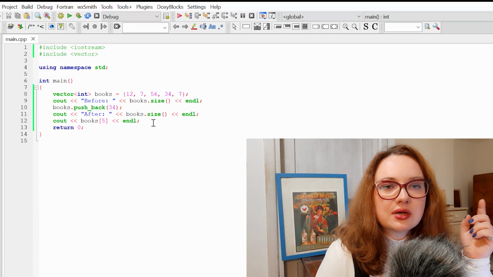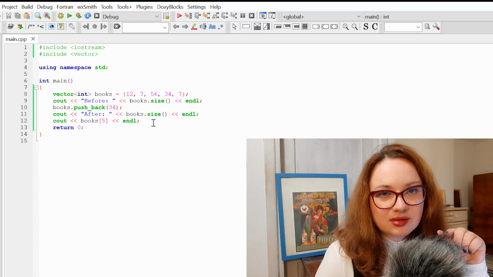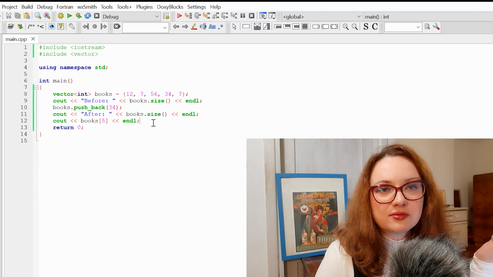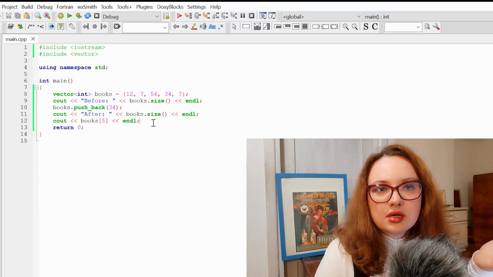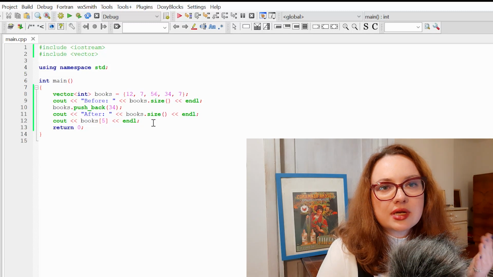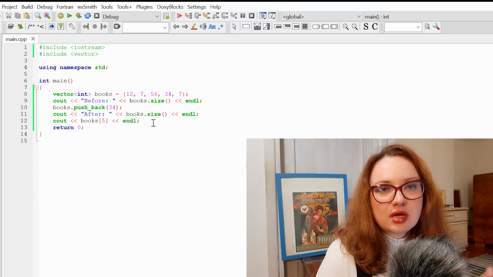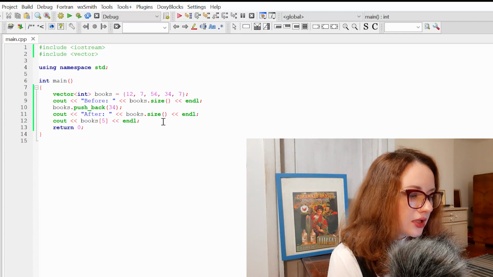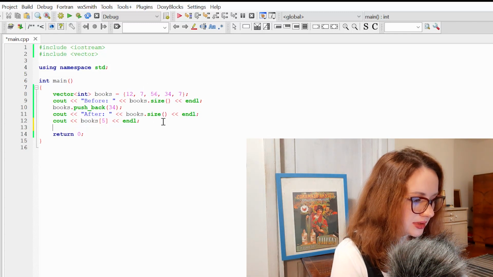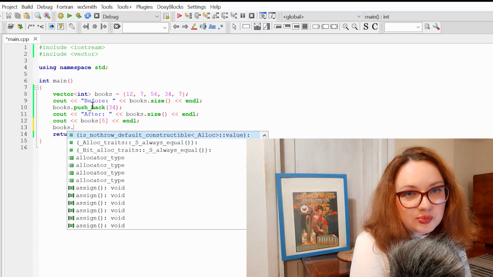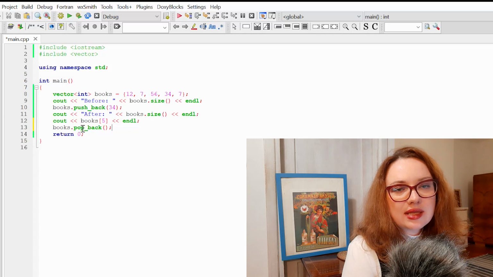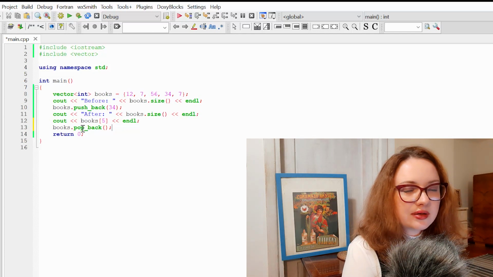Okay, but what if I want not to add one more member to the end of my vector? What if I want to remove member from my vector? Once again, with array it will be very complicated to do because array has fixed size, but with vector once again it's very simple. To do this, you should use command, not push_back but pop_back. And pop_back will erase the last member of our array.